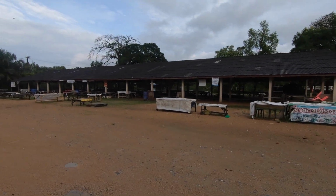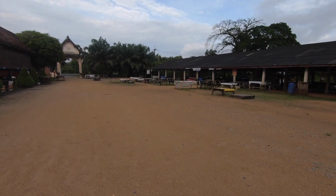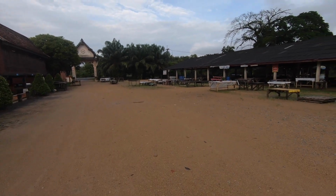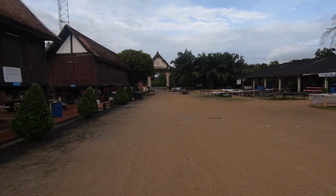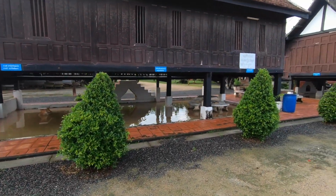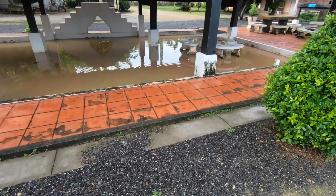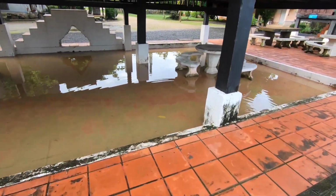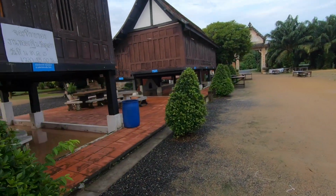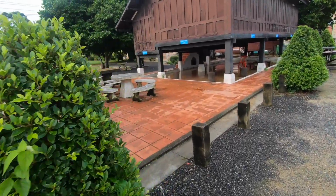I guess that's a market area, right? Oh yeah, it would be, because we actually came past here. Maybe I'll put some footage in here of when this market is on. That's actually really busy out there, and I came by about a week ago, I think, when the market was on. A bit flooded underneath. Yeah, could be accommodation. I think if we go through this way, we can have a closer look at that